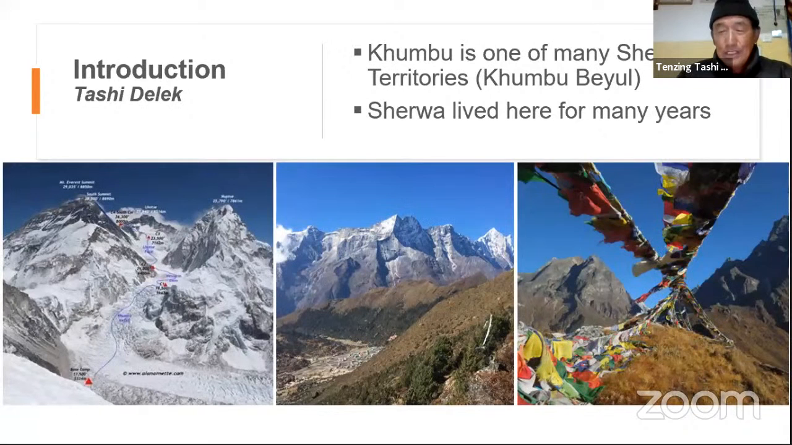And then there is Imjatse, the mountain called Island Peak. It is a trekking peak, very famous for those who do climbing treks. Inside the Khumbu Valley, Khumbu Bayul, there are many territories, like the villages I told you about before: Namche, Thame,